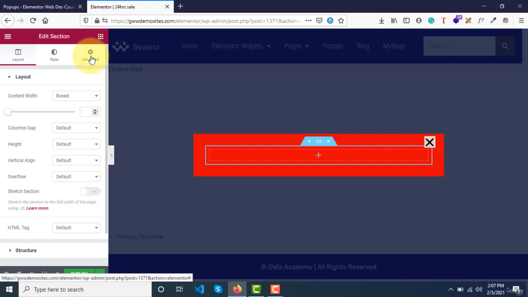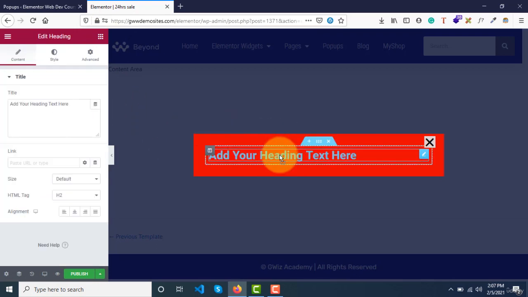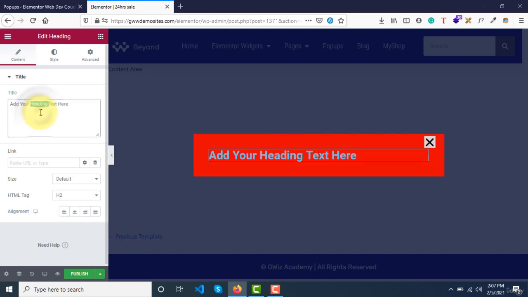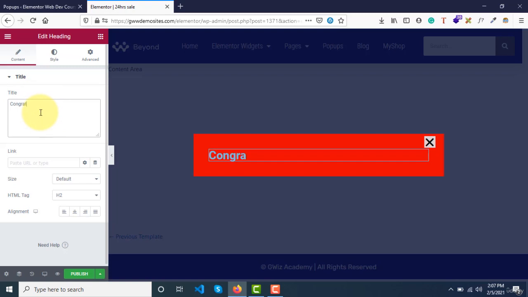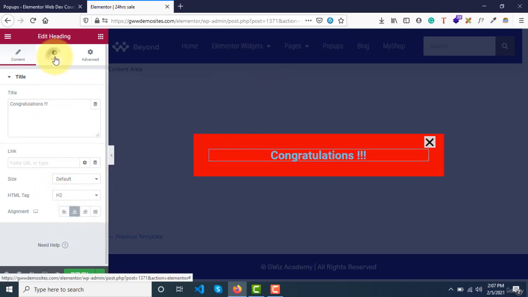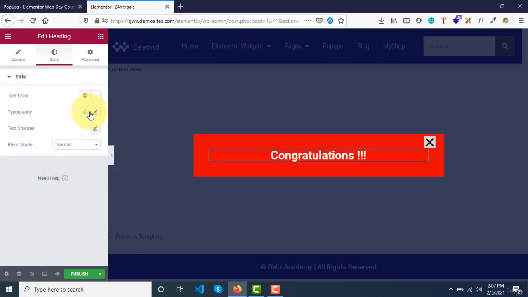I have added a section, and now what I'll do is I'll go to widgets and add heading, and the text can be congratulations, central line, typography, let me make it